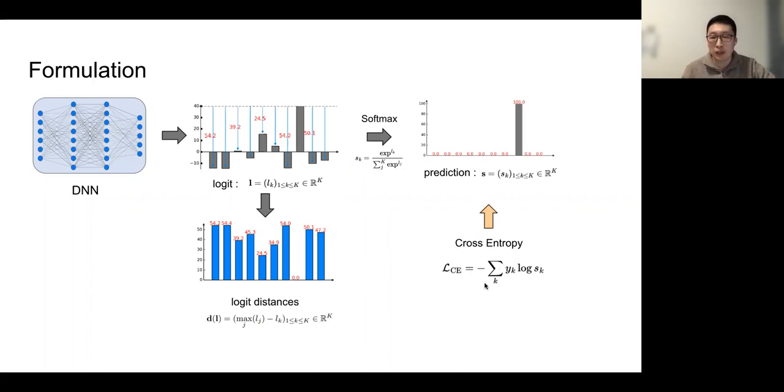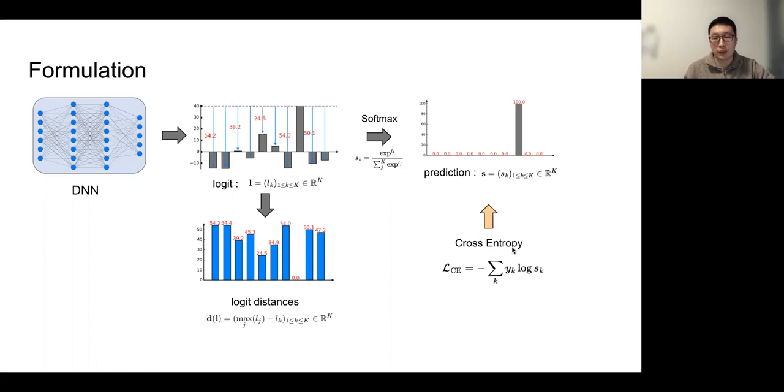In the formulation of the cross-entropy, the target vector y is 1 for the red class, with the rest being 0. So the global minimum of the cross-entropy is that we predict the softmax prediction of every training sample to be 1 on the right class node, with others being 0.